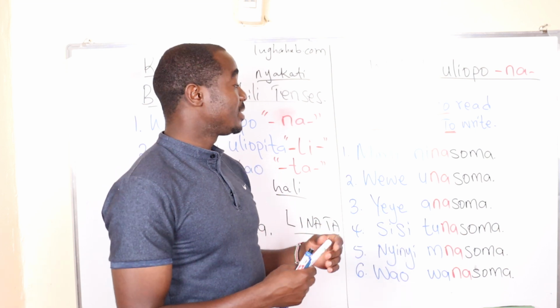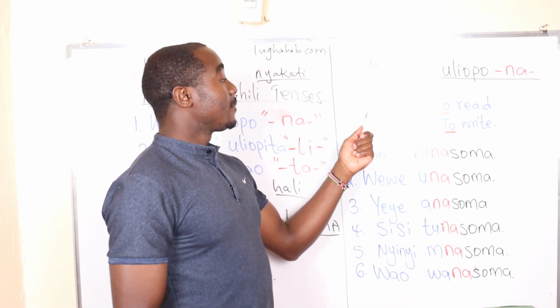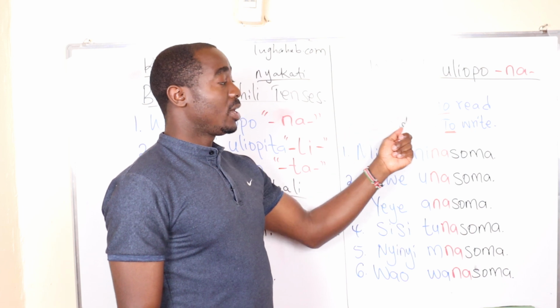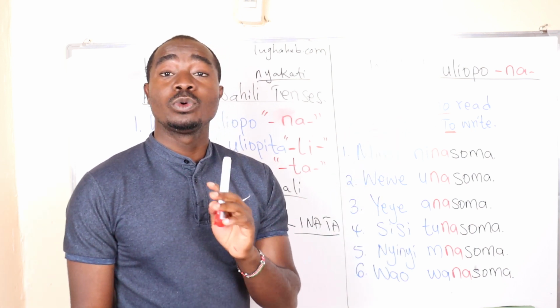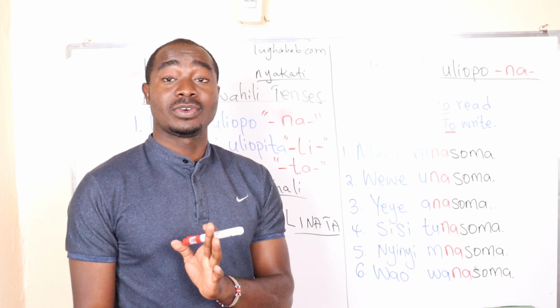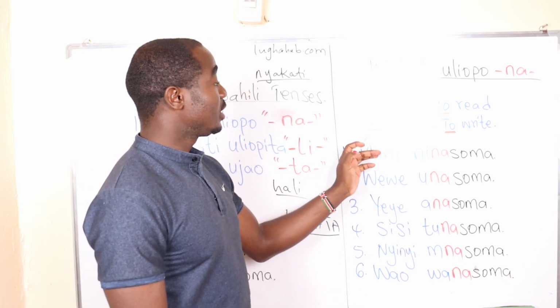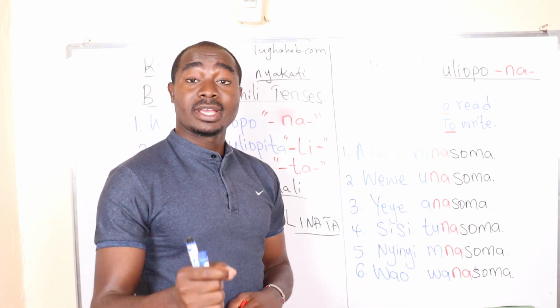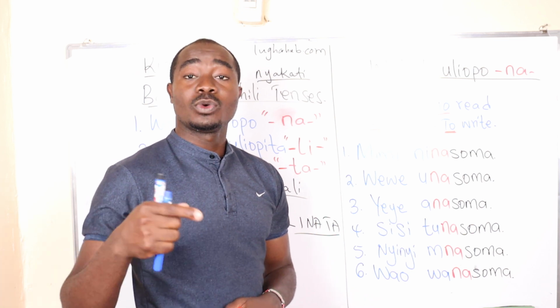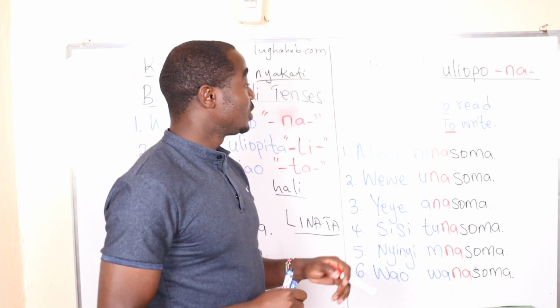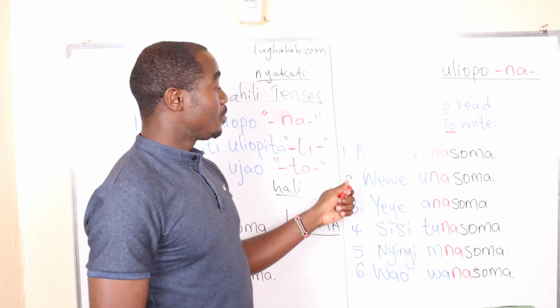We'll use one of the verbs here as an example. Kusoma, to read. The other one is kuandika, to write. So we'll have Mimi